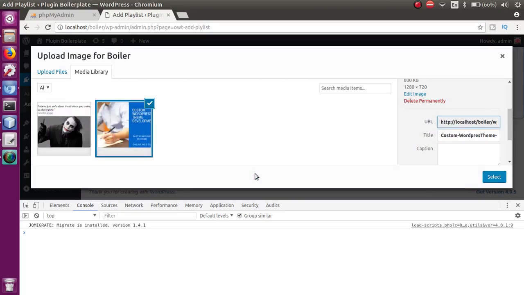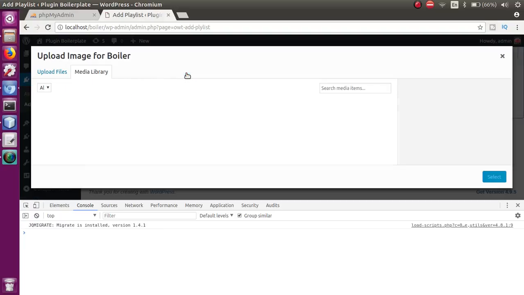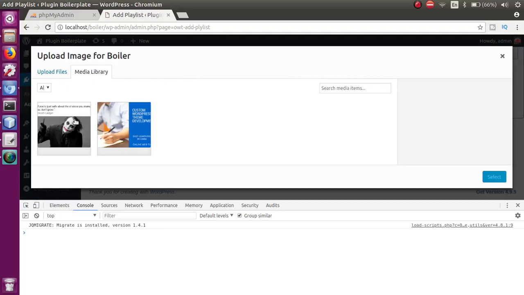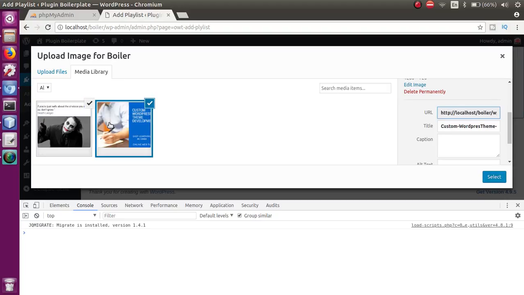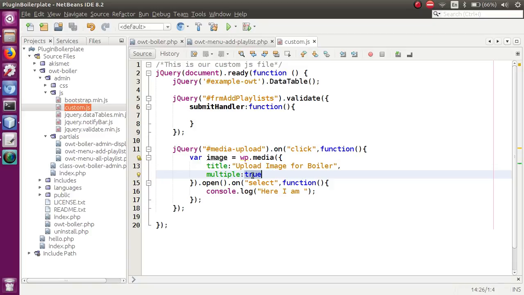we just refresh this page, click on this media button, press Control, and now we are able to select both these two files. This is only possible by making it a true value. Okay, so let's make it a false value again,